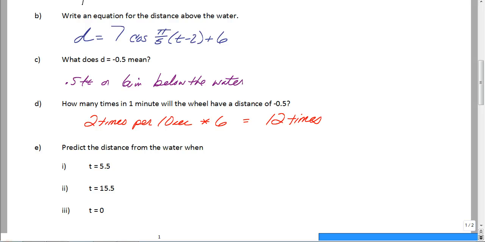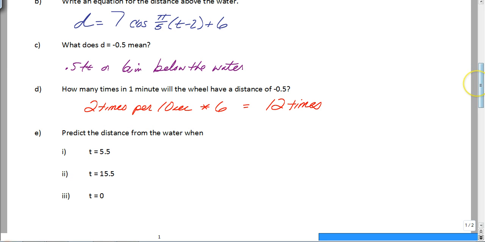So, last thing is we have to predict the distance from the water when time is 5.5, 15.5, and 0. Of course, those are all in seconds. So, all you need now is your graphing calculator. For this, all you have to do is type your equation into the calculator and just use your table or your ask feature. So if you substitute 5.5 into your calculator,